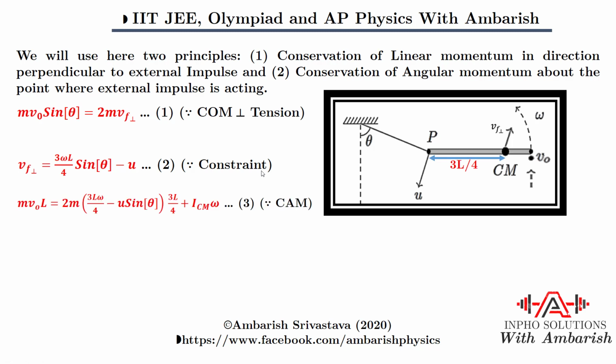Now the third equation is the conservation of angular momentum. Now consider a point just below point P in the ground frame. I'm deliberately not considering point P of the rod because it suddenly starts to move, and therefore we'll have to consider a pseudo impulse on center of mass. So I'm trying to conserve angular momentum about a point which is fixed with respect to ground, but at this moment coinciding with point P of the rod.